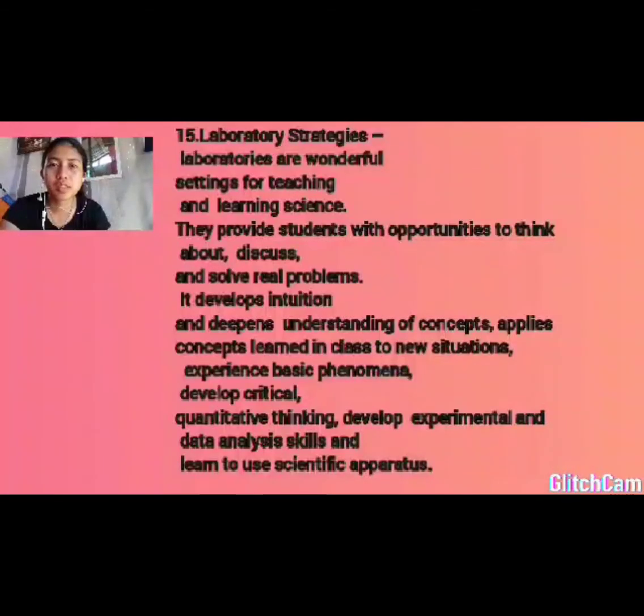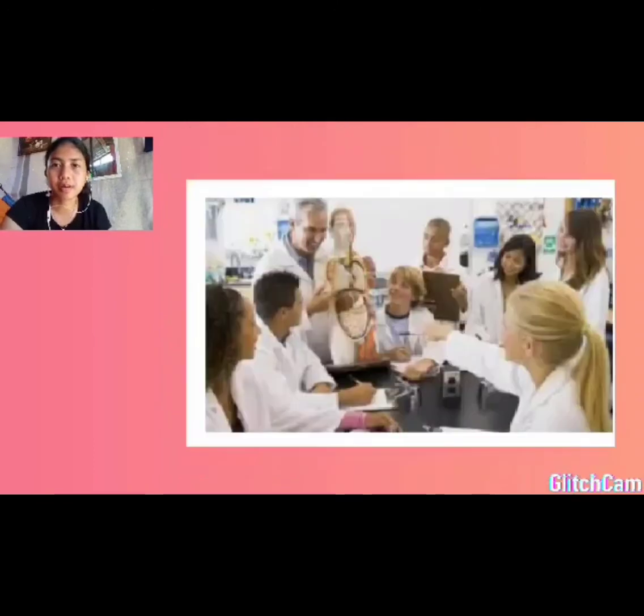For number 16, laboratory strategies. It is also a good teaching method for the students, wherein teachers allow them to get engaged or involved more in science activities that will also enhance their skills in using a scientific apparatus. And laboratory